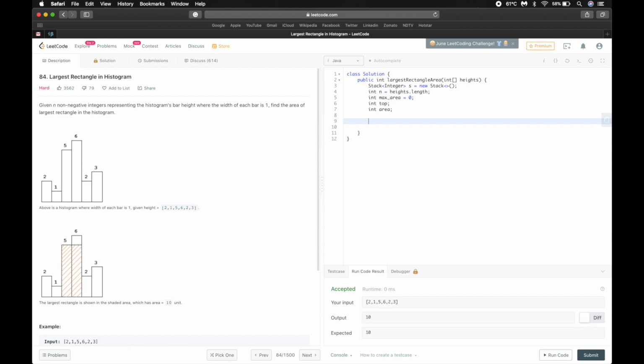So now let's start with the loop, by initializing i equals 0 and running the loop for i less than n.